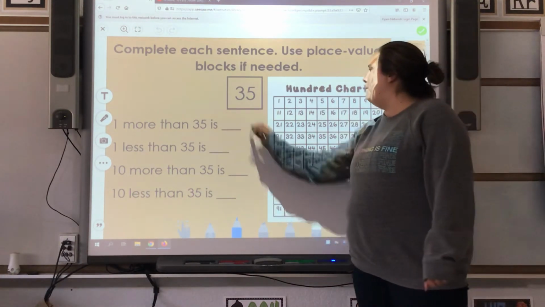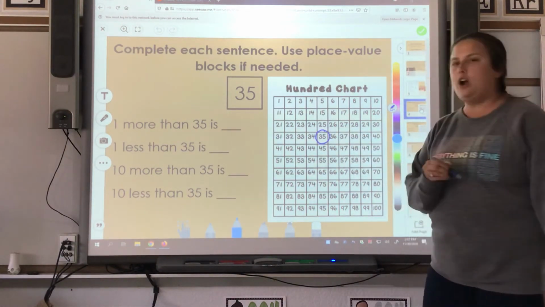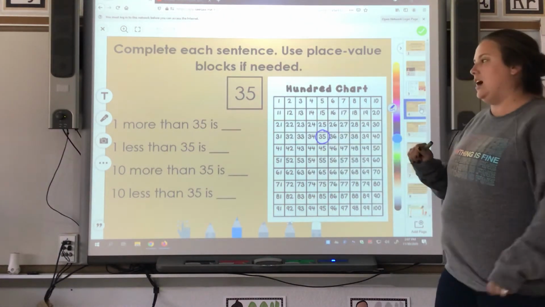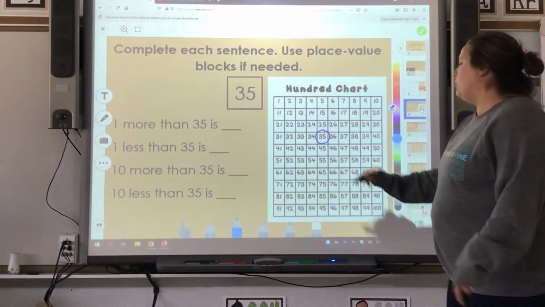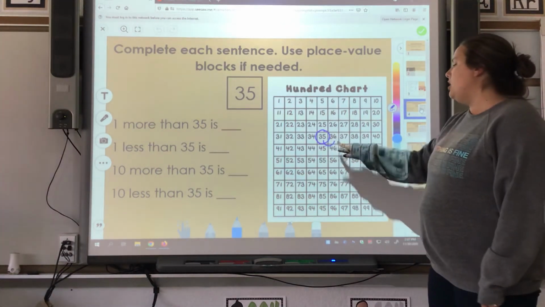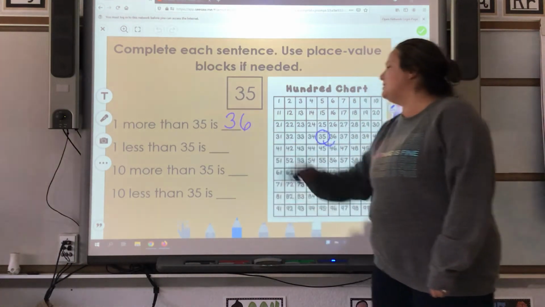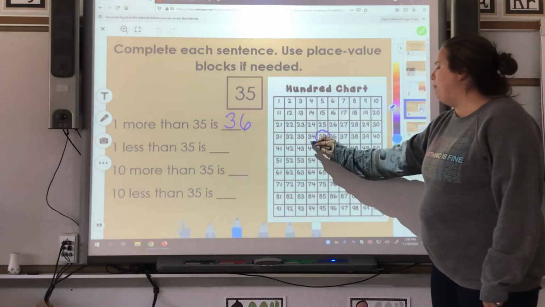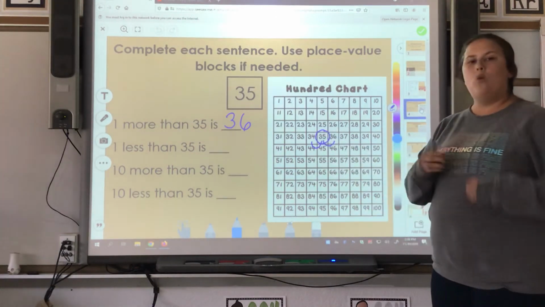So we see that our main number is 35. I'm going to circle 35 just so I know where it is on my hundreds chart and I don't even have to keep finding it. It says, what is 1 more than 35? If you're looking for one more, you just need to hop over one space. So we know the number after 35 is 36. What is 1 less than 35? You've got to go backwards 1 because your number is going to get smaller. So we know that 1 less is